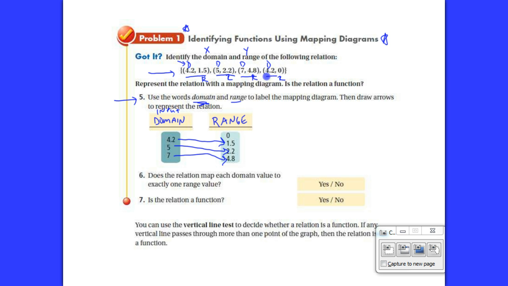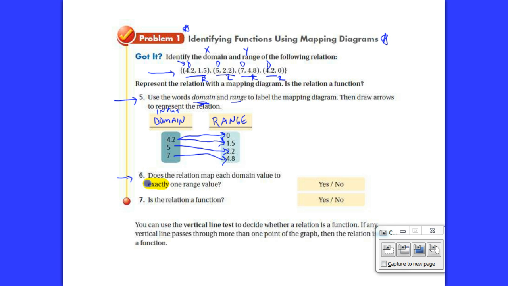And the last one is 4.2, 0. So you have to go back here, and from that point right there, draw another arrow from that point to 0. All right, now number 6 says, does the relation map each domain value to exactly one, there's your key